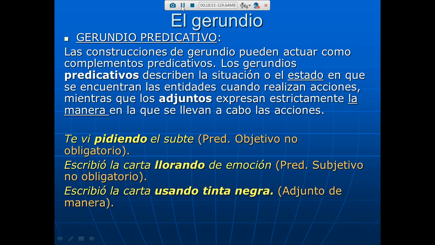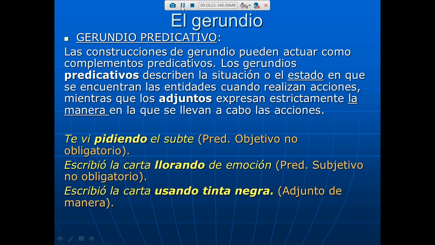Otra de las funciones del gerundio, que no es adverbial, es el gerundio predicativo, como complemento predicativo. Las construcciones de gerundio pueden actuar como complementos predicativos. Los gerundios predicativos describen la situación o el estado en que se encuentran las entidades cuando realizan las acciones. Y aquí vamos a hacer la diferencia con el gerundio adjunto o que ustedes suelen llamar circunstancial de manera y